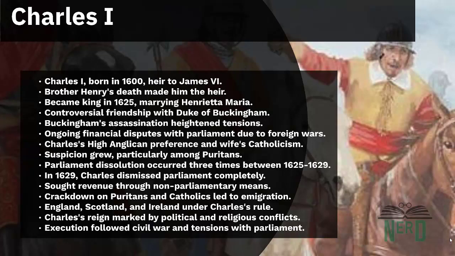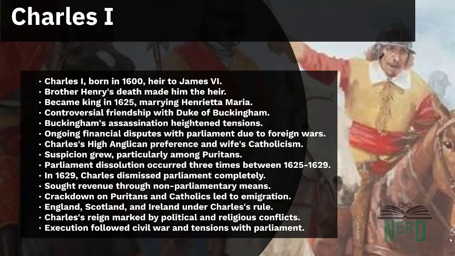Charles's beloved older brother Henry passed away in 1612, leaving him as the eventual heir to the throne. In 1625, after his father's death, Charles became the King of England, Scotland, and Ireland. Shortly after assuming the throne, he married Henrietta Maria of France, and the couple had a happy marriage, producing 5